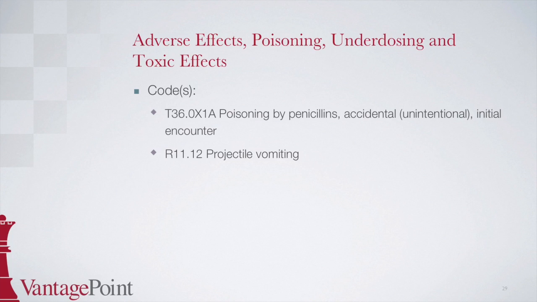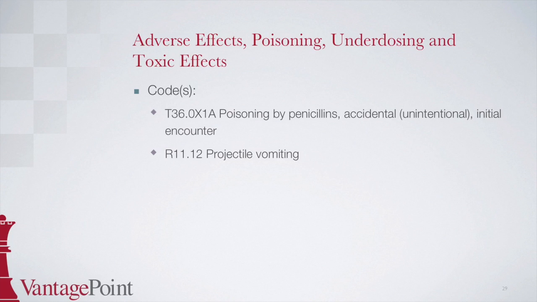If the patient had taken the correct dosage and still had projectile vomiting, then this would have been an adverse effect. With poisonings, the guidelines state that the poisoning code goes first, followed by the manifestations of the poisoning. To find the poisoning code, go to penicillin in the table of drugs and chemicals. Remember that when the intent of the poisoning is not documented, the default is accidental poisoning, which codes to